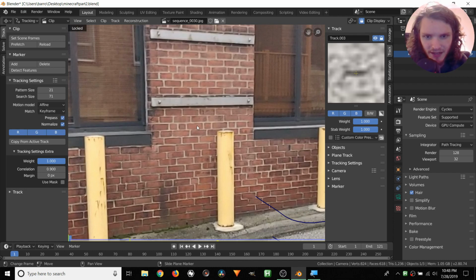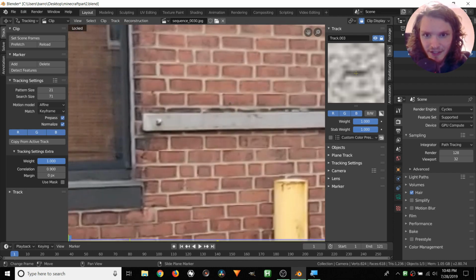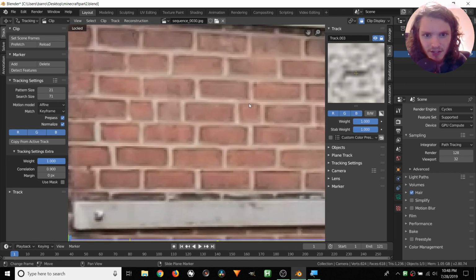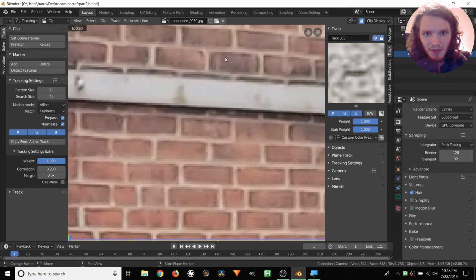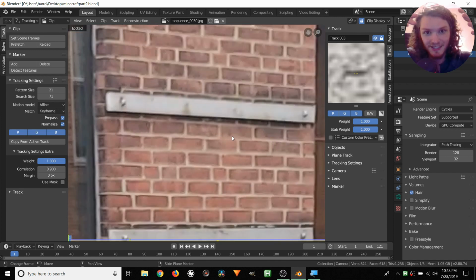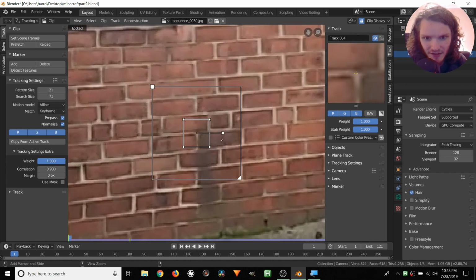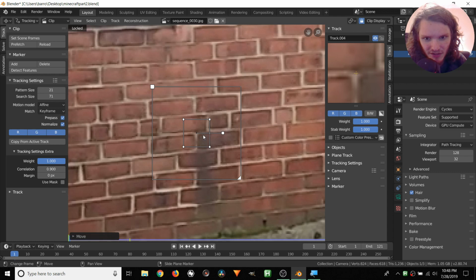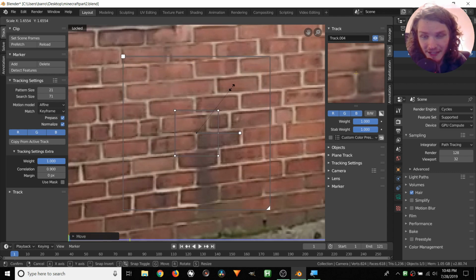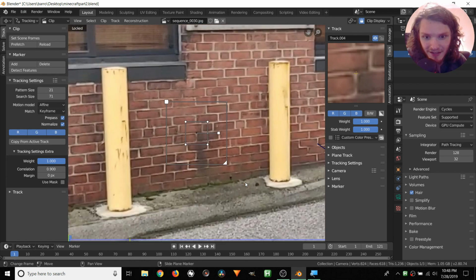And brick walls are kind of a blessing and a curse. Like pretty much every intersection of these lines is a tracking point, but the curse is they look very similar. So if I track this dot right here, it would look very similar, maybe not to this one down here, but maybe if you go up the wall, it looks very similar because it's just this tessellating pattern. So you want to pick part of the wall that looks unique. So for example, if we were to pick this, it has this dark spot, which makes it unique. So I'm just going to go for this area down here, which has these dark bricks due to the things that happen on the sides of buildings, probably. Or it could just be dirt. I don't know. So we're going to track this.